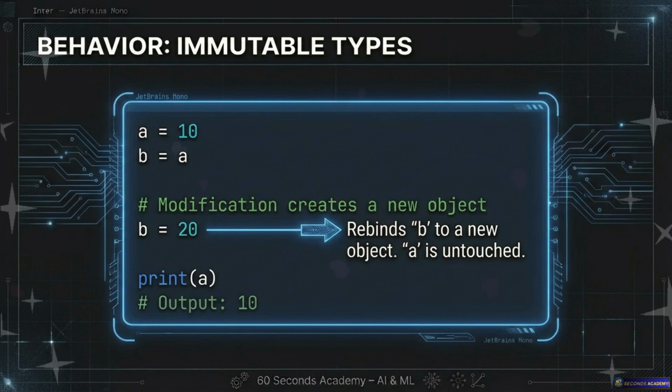This is why if you have a equals 10, b equals a, so both point to 10, and then you say b equals 20, a is still 10. Because I moved b's tag, but a's tag stayed put. You got it. Okay, that feels safe. That feels predictable. It is. That's why we love immutable types. They are thread safe, they are hashable, which means they can be keys in a dictionary, and they don't have side effects. But then